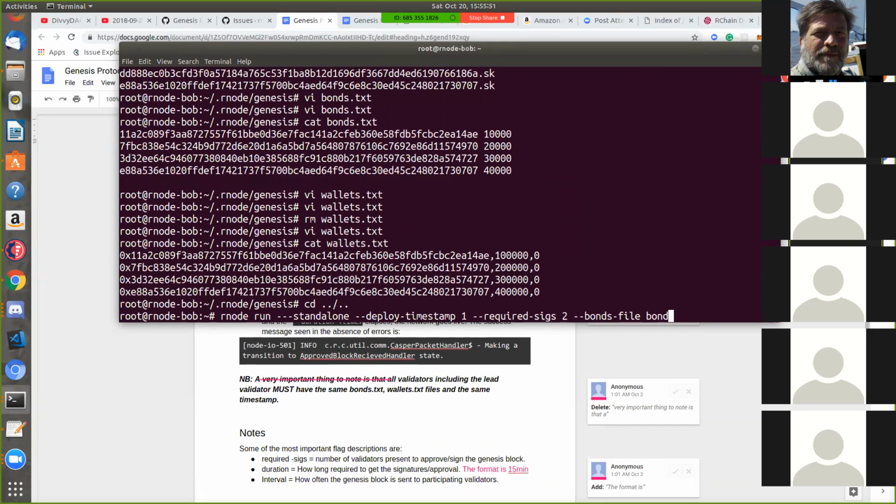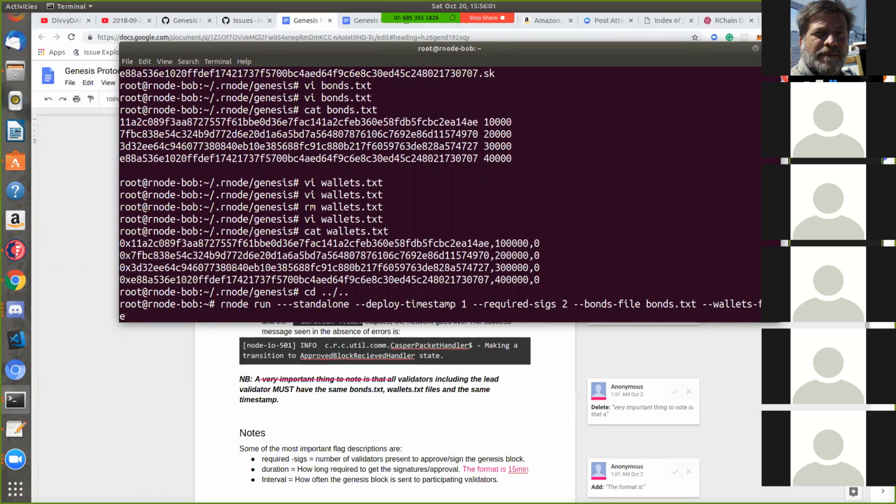External bonds, text, wallets file, wallets text, duration. Let's put it 10 minutes.